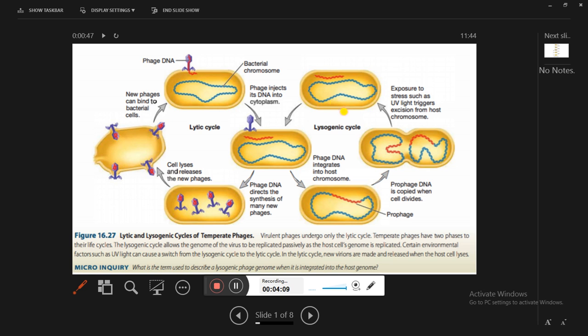In the other case, the lysogenic cycle is followed by bacteriophage lambda. Bacteriophage lambda is the best example to study the lysogenic life cycle of bacteriophage. This lambda bacteriophage inserts its genome into the bacterial cell, and then it does not degrade the host bacterium genome. The host bacterium genome, meaning DNA, is not degraded, but the viral genome, the lambda bacteriophage genome, is integrated inside